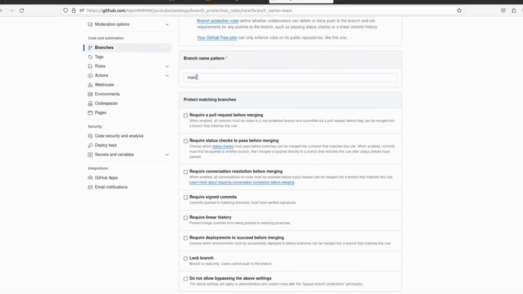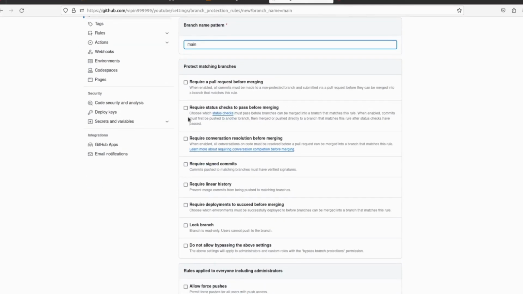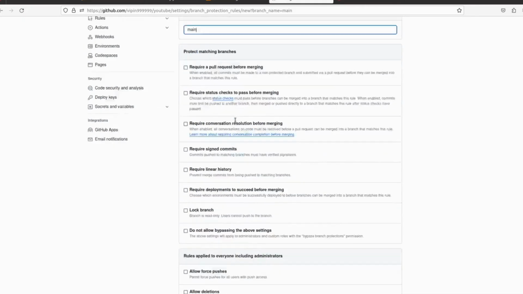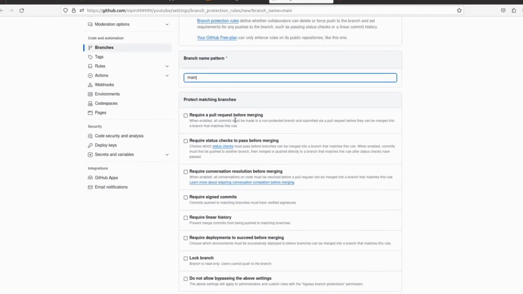The branch name is main. You can choose another branch as well according to your requirement, but in most cases we are using PR for this master branch only, okay? So protect matching branches, and require a pull request before merging.